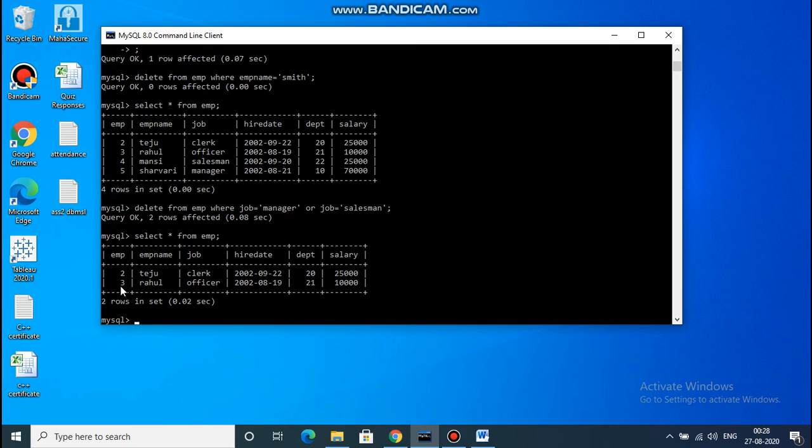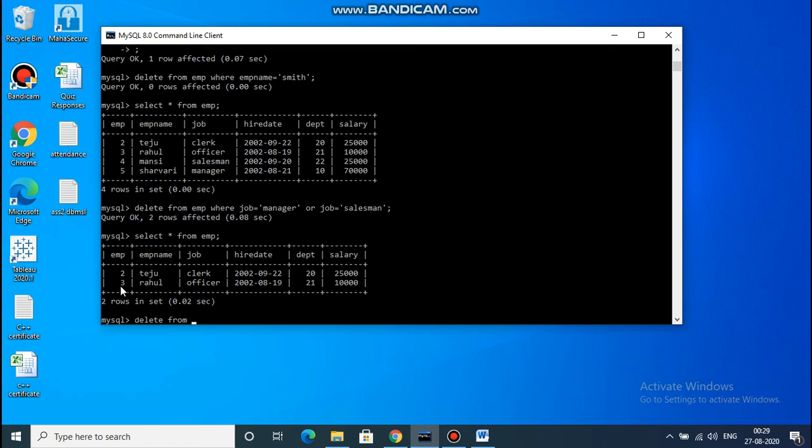Now last, remove the details of employee whose salary is between 10,000 and 30,000. So again we have to use delete command.